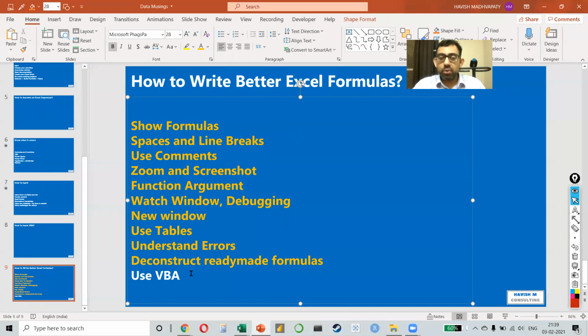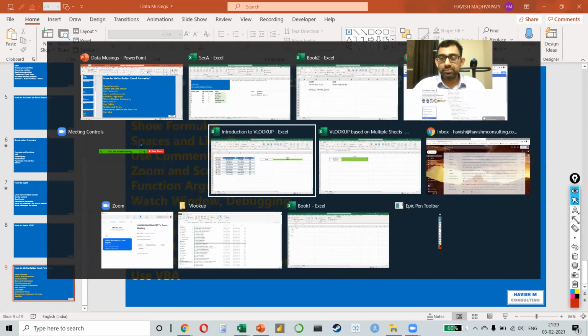And the final tip that I want to give all of you is to use a little bit of VBA. Now, I know those of you who don't work on VBA might think, Havish, how do we even get started? But it's not that difficult to start. And also there's a lot of ready-made content available. Plus, in any case, this will be a good motivator for all of you because you can see the amazing things that are possible using VBA and VBA only. No matter how good an Excel user you are, without VBA, there is a ceiling to how good you can become. Let me give you an example.